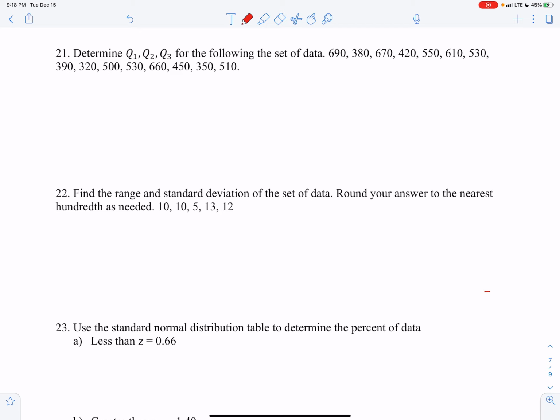All right, well, the first step in finding the quartiles is to put the data in smallest to largest order. So I have 320, 350, 380, 390,